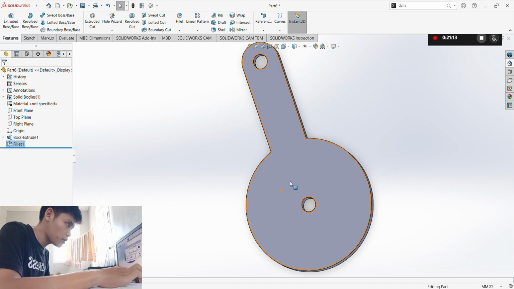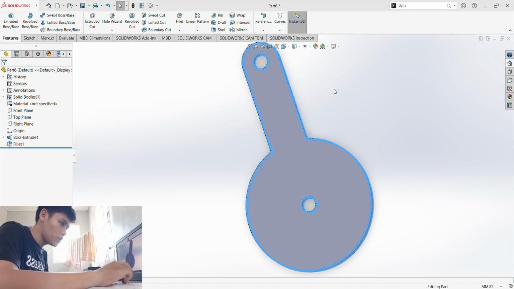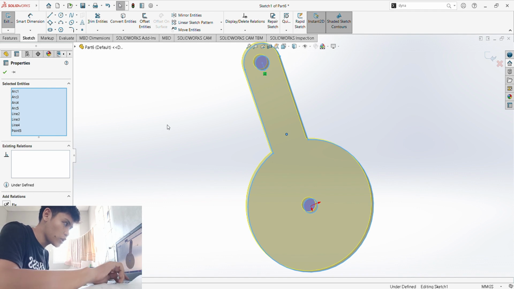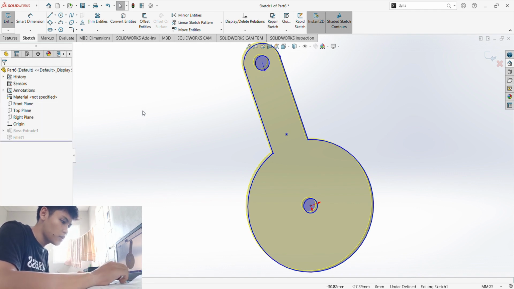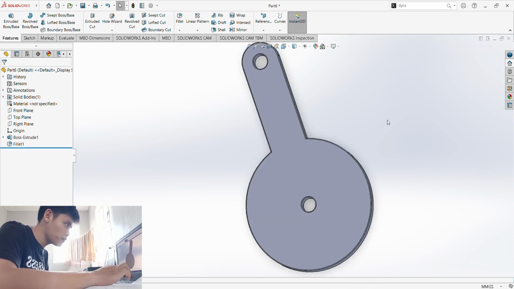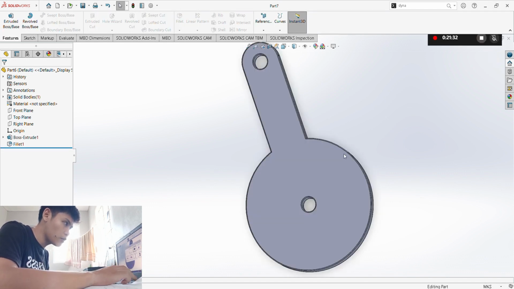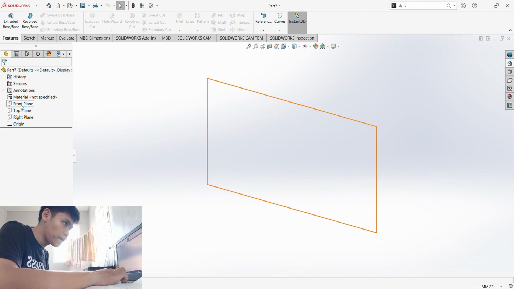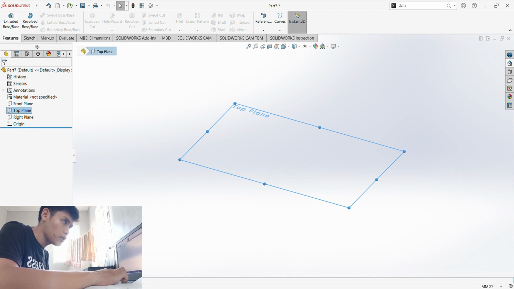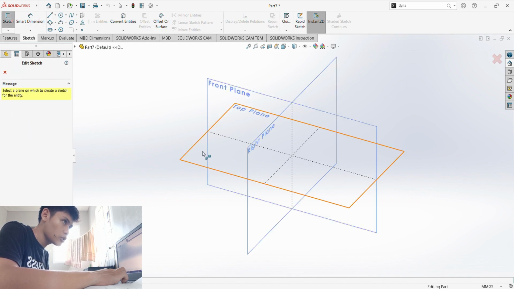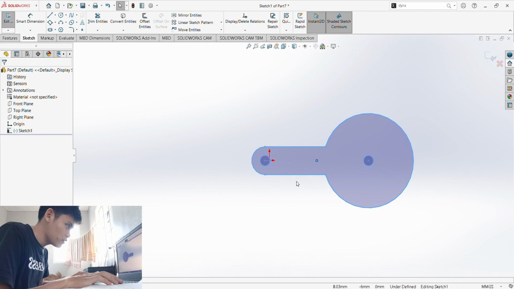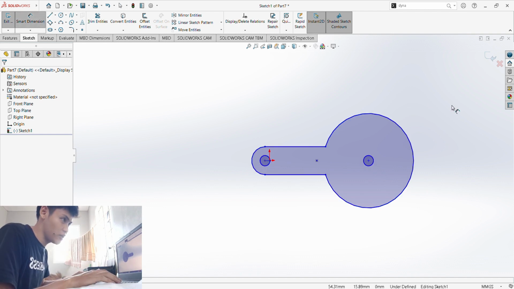part 6, part 6, control A, control C. Oh, it can't be copied. Then let's just go to the sketch. This one I hope we can copy. Yes, we can copy this. Then press escape, control tab to hover. Let's go to our part 7, and then let's use MMGS. Let's go to the top plane and sketch and control V. There you go. So that's the easy way of actually creating these kinds of things.